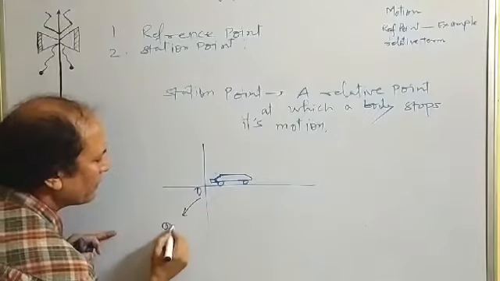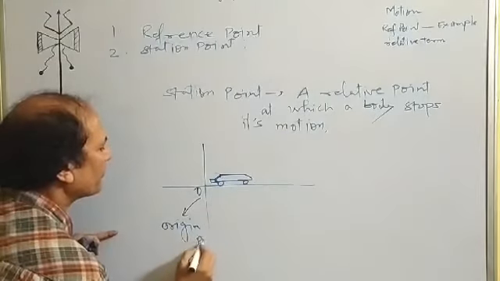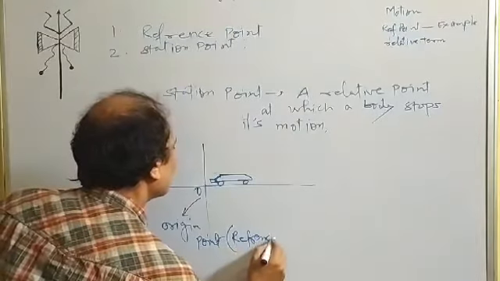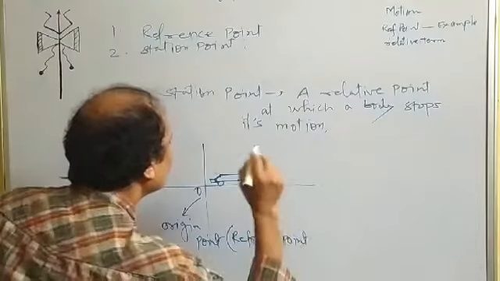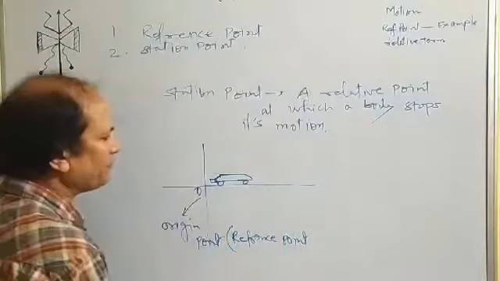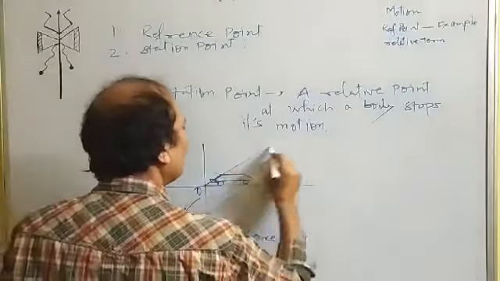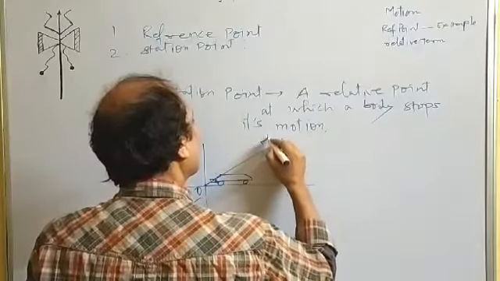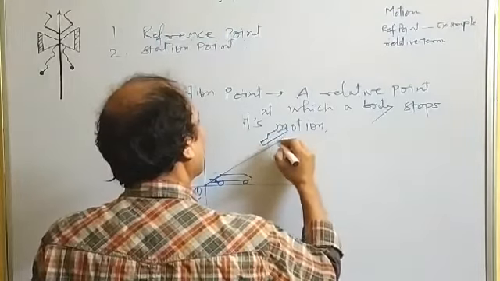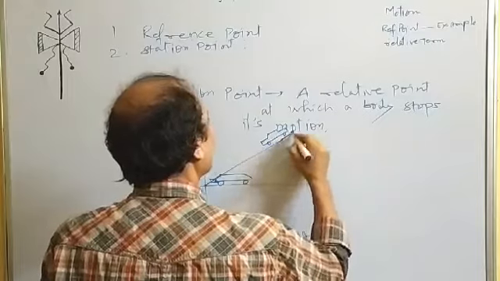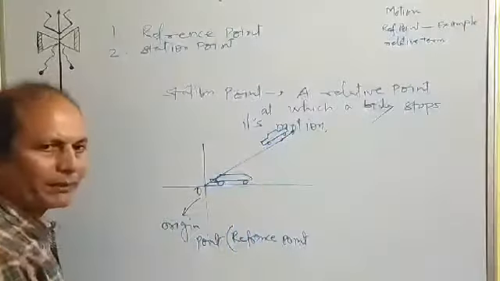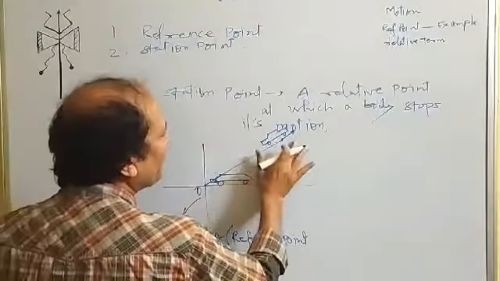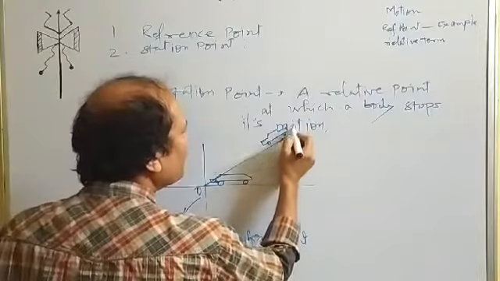So it is the origin point, otherwise reference point. And after going some distance, this car stops. So in this situation here you will see that after going some point, the car stops. So that stoppage point